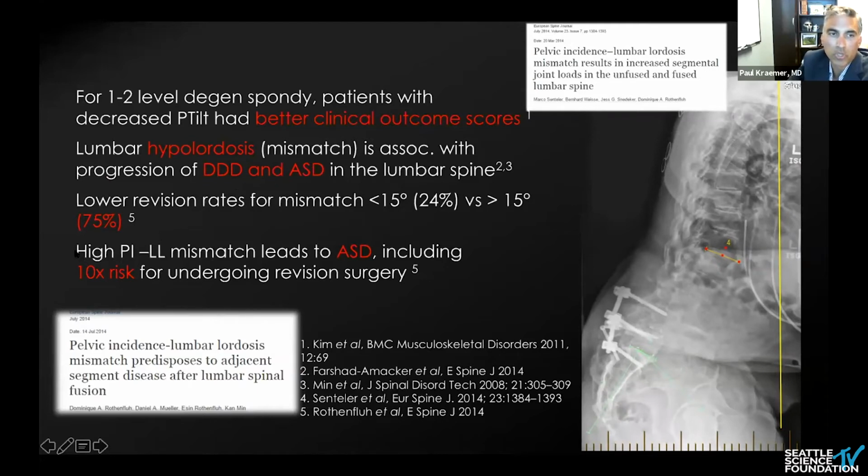Barrett showed me that this is actually not technically correct to say they have a 10x risk of undergoing revision surgery, for reasons he can talk to you about statistics. But high PI-LL mismatch definitely leads to substantially increased risks of revision surgery. If you were in the well-balanced group versus the poorly balanced group, it is 24 versus I think it was 75% altogether. And even in short fusions, and these are all studies done on 1 and 2 level fusions, we get consistently better revision rates, better back pain scores,